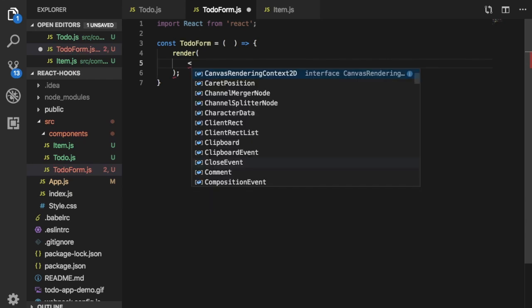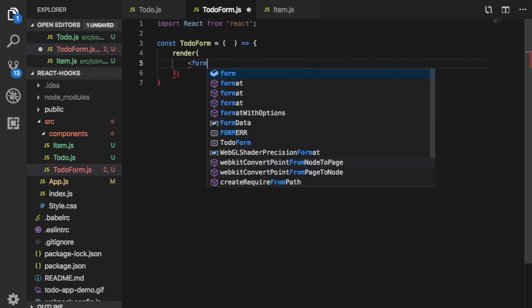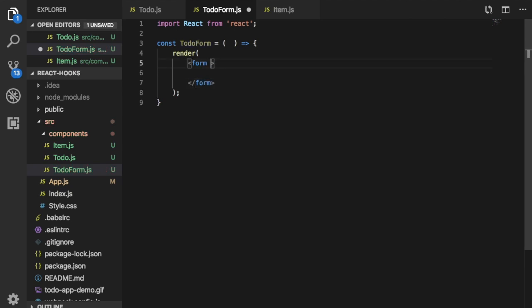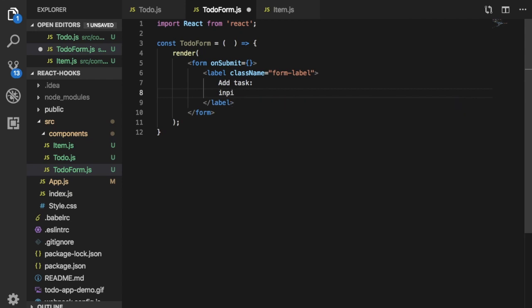Okay, so over here we're just going to say form. We can add an event over here which is for on submit. We'll add it in a moment. Let's create a label. Let's give it a class name. I'm using form label as a class name, and then I'm going to say add task, and then I'll say input,